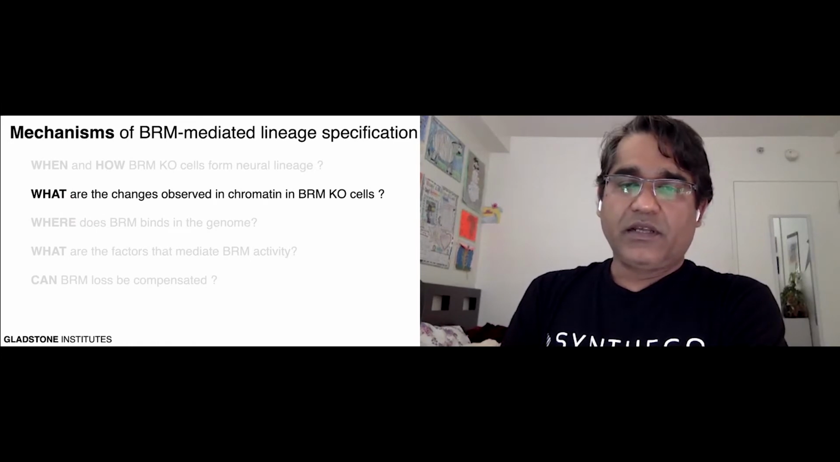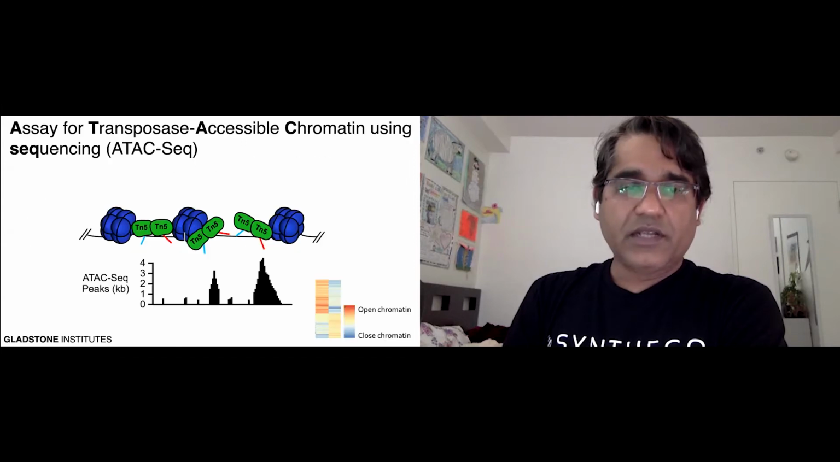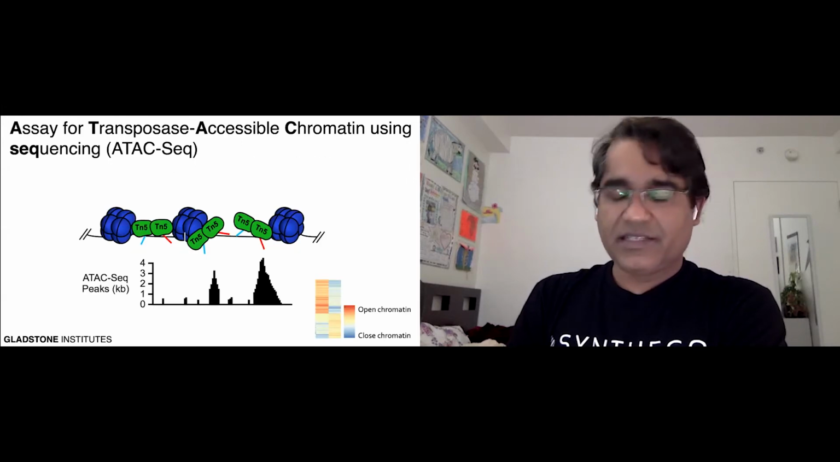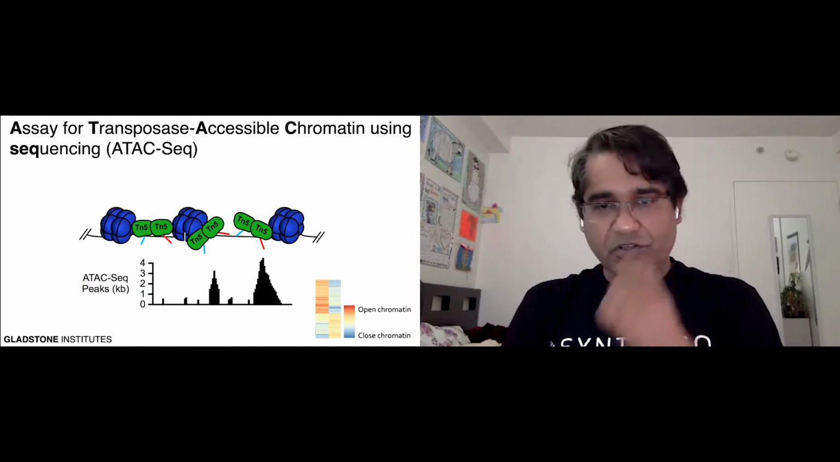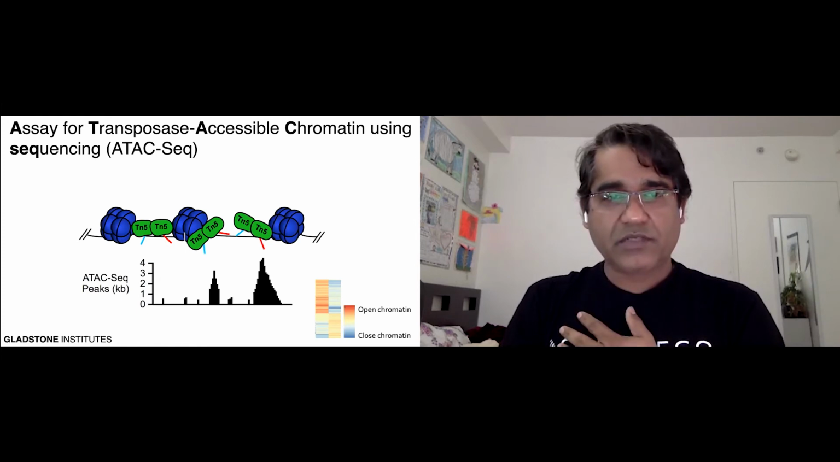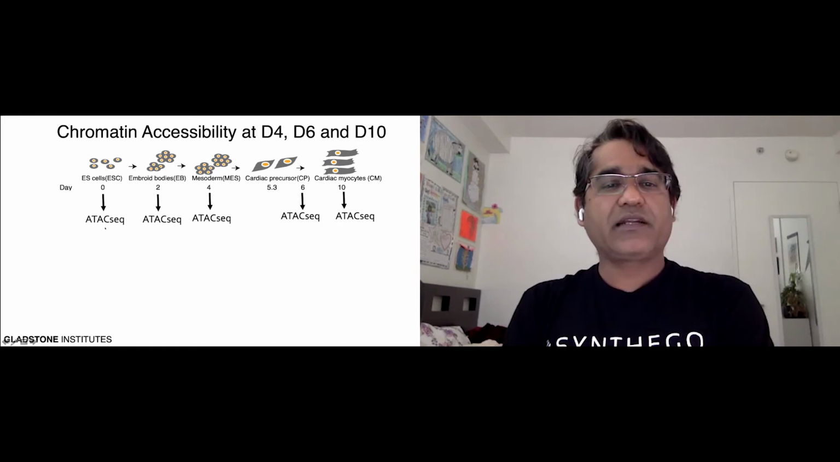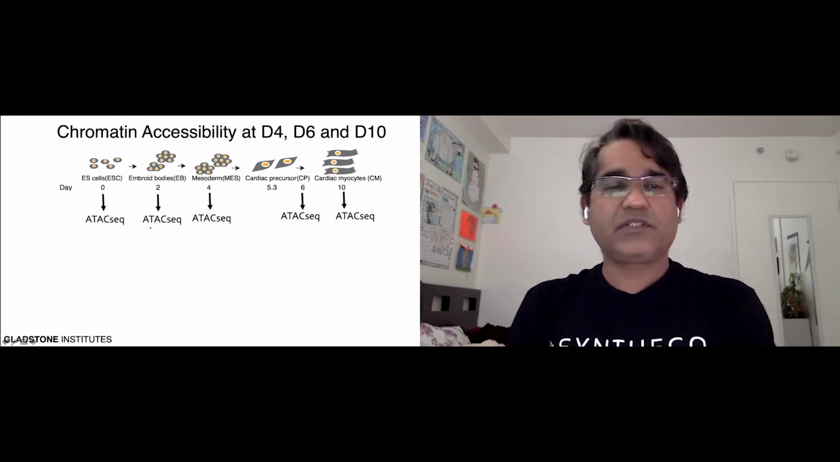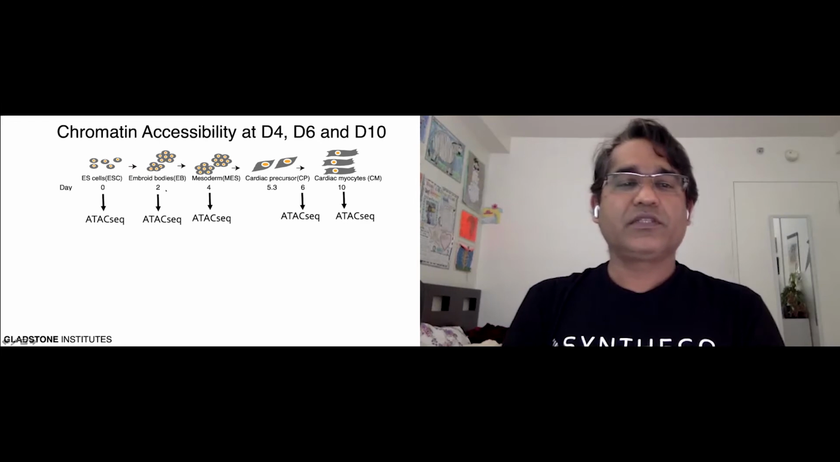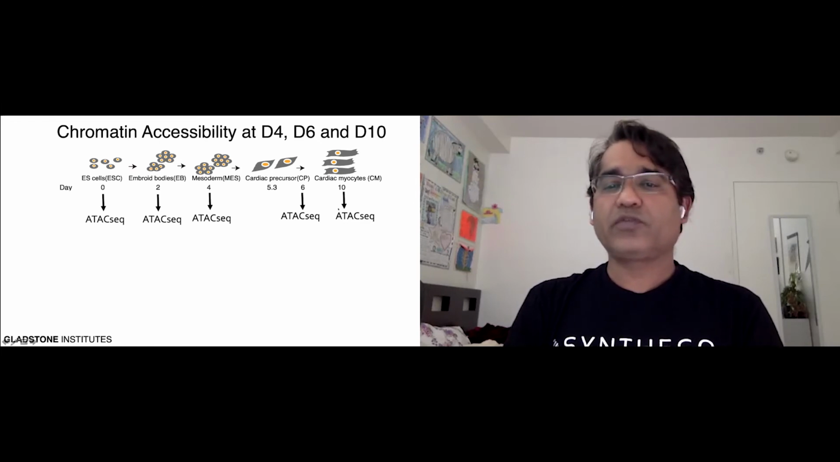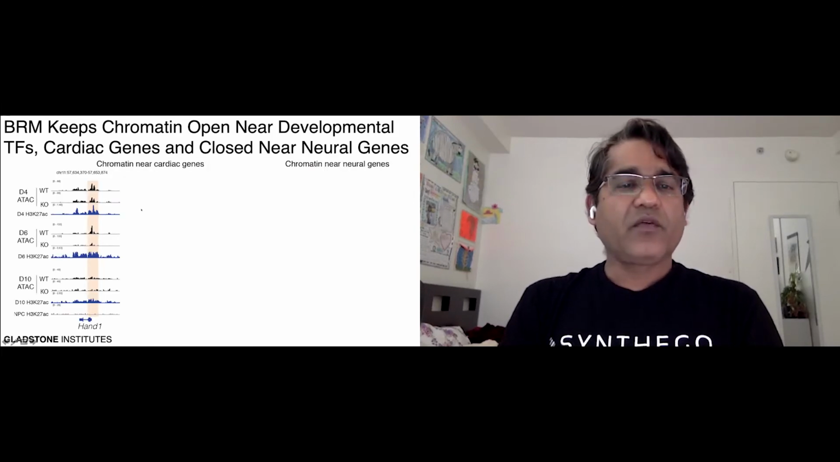We studied chromatin structure during this cardiac differentiation using ATAC-seq. I'm not spending time explaining how ATAC-seq works, but we did ATAC-seq at 5 different stages of cardiac differentiation: day 0, day 2, day 4, day 6, and day 10. At day 0 and day 2, we do not find any significant changes between wild type and KO cells, so this is out of question. But from day 4 onwards, we do see slight changes